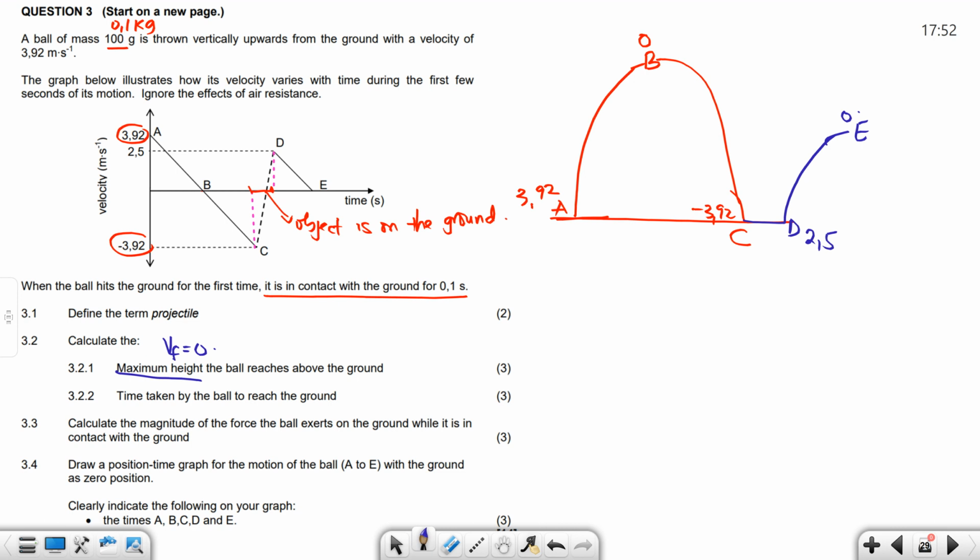Okay, let's check. Guys, can you pick? Let me ask you something here. Everybody look up here. This is very key. Can you identify the direction that they have taken? Yes, they're taking up as positive because gradient is negative. Good. Gradient is negative. So our a is negative 9,8. It means downward is negative. That's very important. So the examiner has chosen upward as